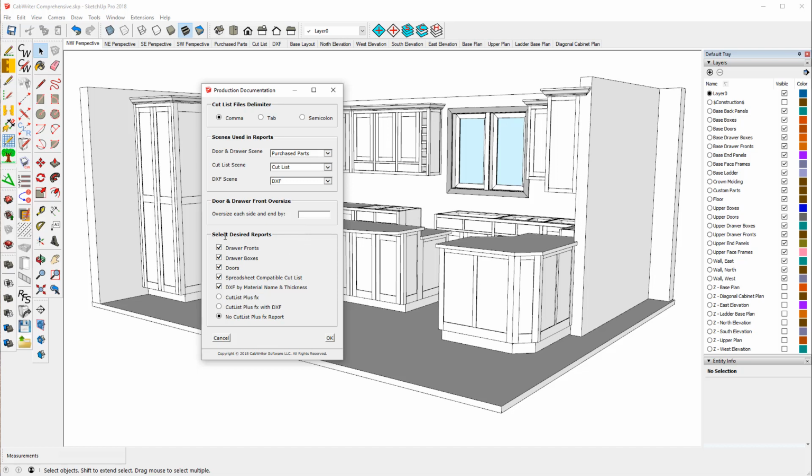And for the reports, I want the draw fronts report, the draw boxes report, the doors report. I'm only going to do one cut list report, and I'm going to do the spreadsheet one. And I'm going to choose DXF by material name and thickness. And I'll say OK. Now, like I said, this is going to take